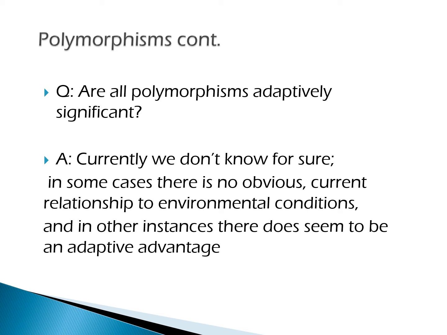Now, for every polymorphism that we can find in humans, are all of them adaptively significant? And the answer is, as you might have guessed, we don't know for sure because we haven't tried to study all of them. The other issue seems to be, in some cases, that humans in the last several centuries or several thousand years have migrated so often and have then done, remember, gene flow with other populations where they've merged, that we can't always tell where originally those particular polymorphisms may have come from or when that population got there. Modern DNA testing, especially the ancestry ones, as more and more people on the planet give a DNA sample and add to that planetary database, might clear.